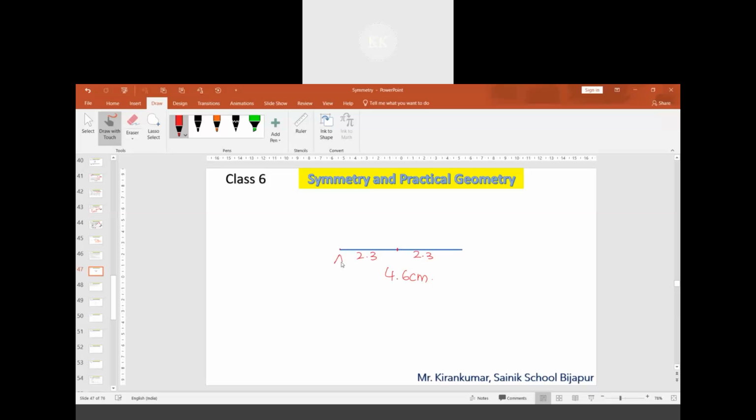If the length of the line segment AB is 4.6 centimeter, the length of AO will be equal to the length of OB. This will be equal to 2.3 centimeter. Understood? From here, we can have only one perpendicular. There can be only one line which is perpendicular. If I name this as PQ,